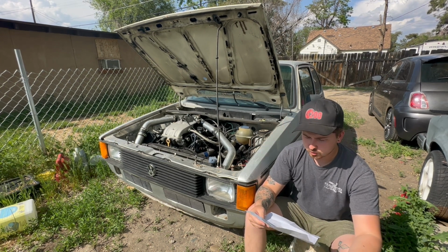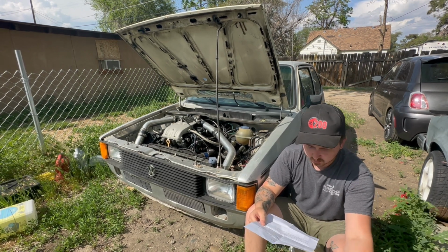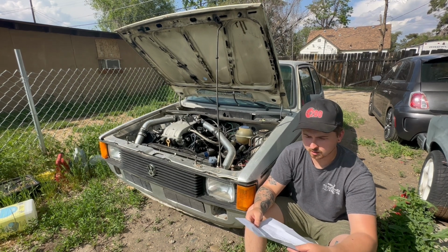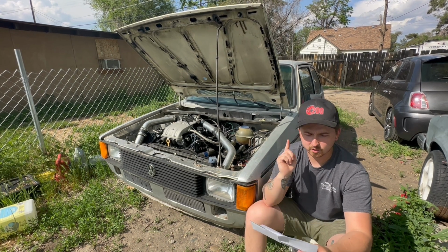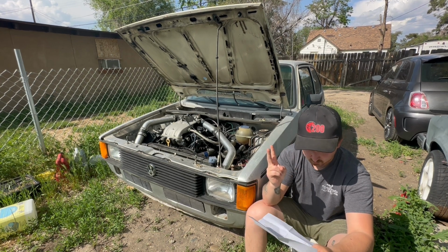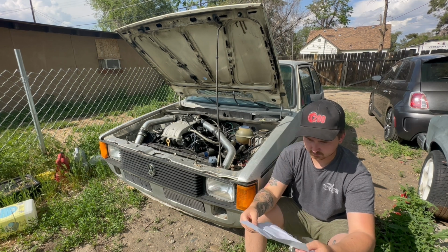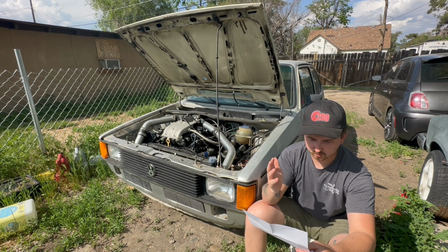In total, to do this swap, you are looking at about $2,000, but obviously there are cheaper ways to do this swap, and you can get this done way cheaper. So basic things: you either need a donor car or a junkyard car. The harness, big thing. You need that. You 100% need